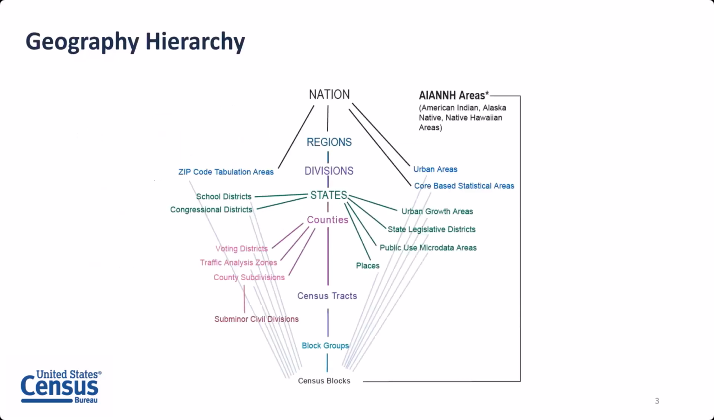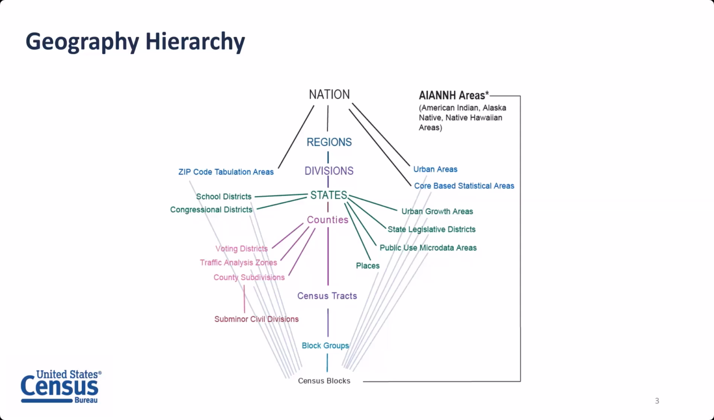Before we dive into that live demonstration, I wanted to make sure that everyone had this geography hierarchy chart handy. This shows you common geographic levels available at the Census Bureau and the relationships between them. So as you can see, you can get data at the national level, and it goes all the way down to small geographies such as census tracts, block groups, and blocks. So census blocks are the smallest geographic unit of analysis. Census blocks can be grouped into block groups, which can then be grouped into census tracts all the way up